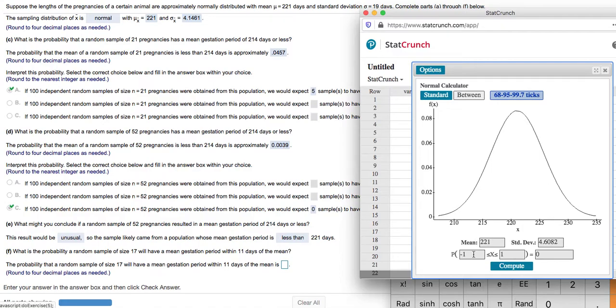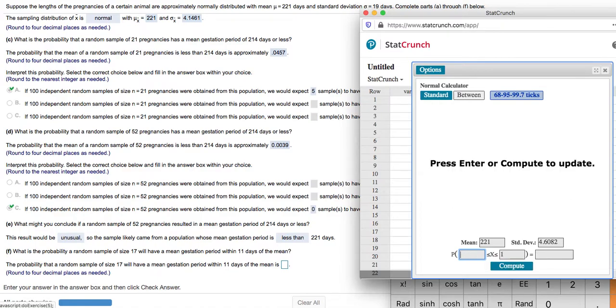So if I take 221 and subtract 11, that's 210. If I add 11 to 221, that's 232, and I'll get the probability,